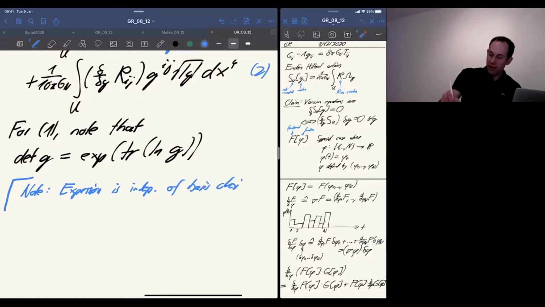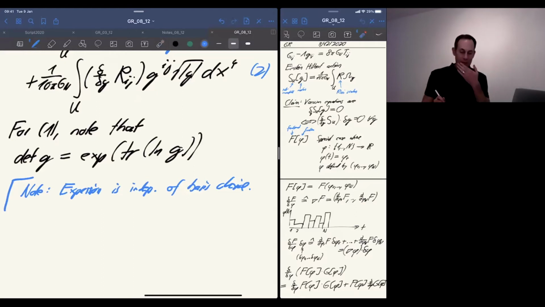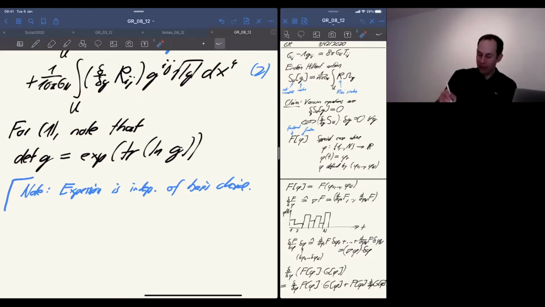Which means that, this is just a general property, by the way, of functions of matrices. So if we talk about the determinant, then of course we think of G as a matrix. Now, a function of a matrix, like the logarithm of the matrix, is actually defined by going into the diagonal basis and then taking the logarithm of the diagonal values there. So the definition is basis independent, because it's part of the definition to say we go into that basis.